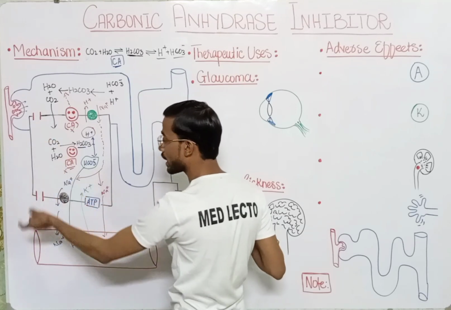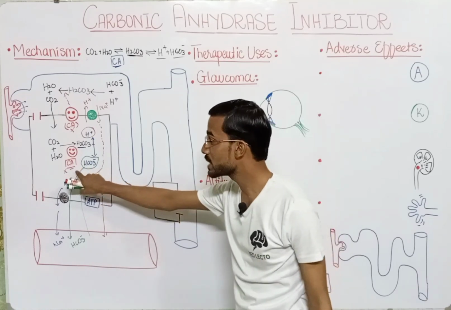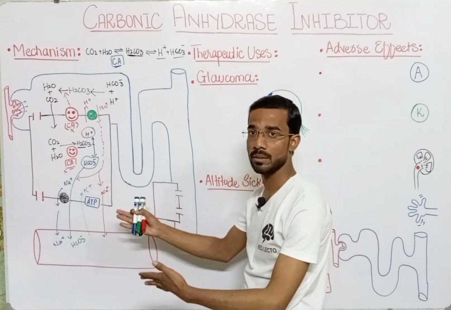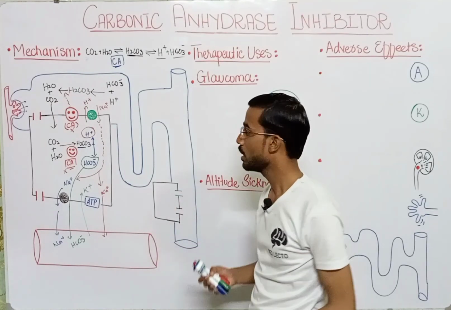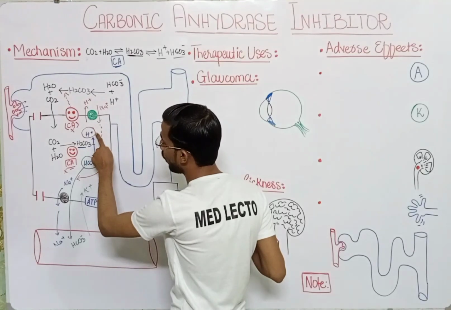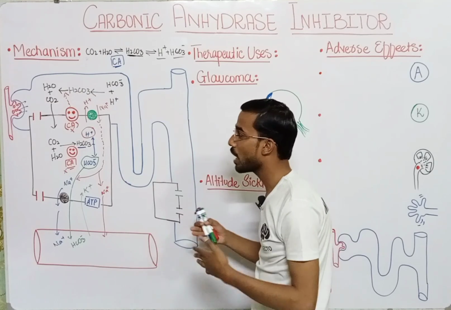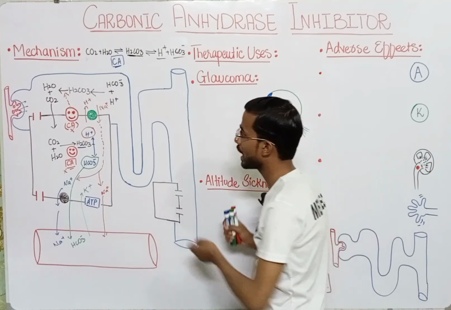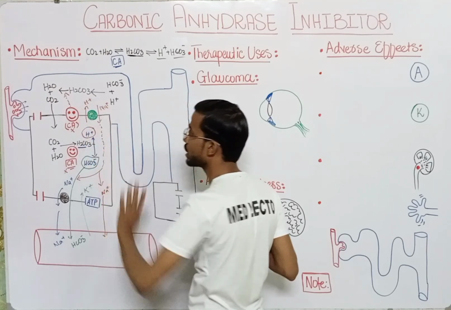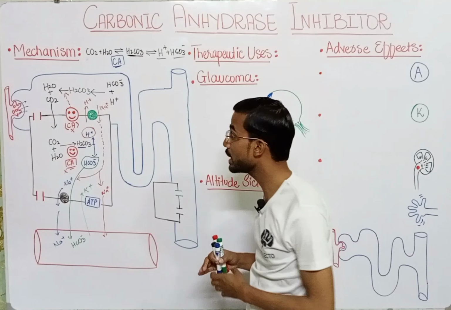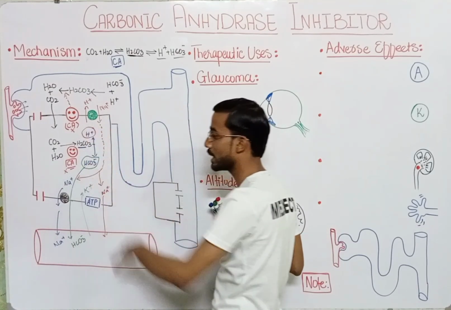Now carbon dioxide and water cannot convert into the carbonic acid in the cell because the enzyme that is involved in the conversion is not present, or the enzyme carbonic anhydrase has been blocked. So if you see, then there is no H positive and bicarbonate ion will not be produced. So in our process you will see that the sodium-hydrogen exchange cannot work: hydrogen ion cannot move into the lumen, and in exchange for that sodium cannot enter. It means that the sodium will remain in the lumen and hydrogen will remain inside the